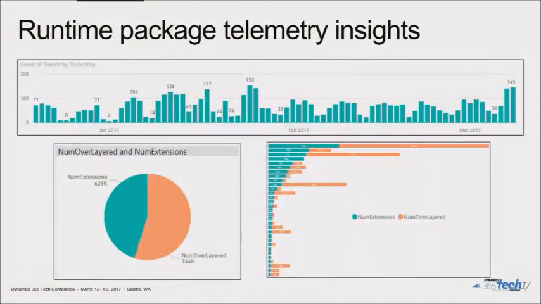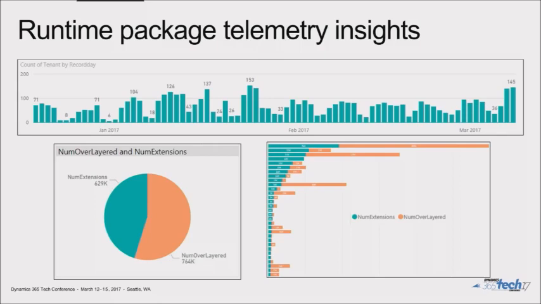Okay, so I'm just going to give you one more piece of data to talk about, and this is the runtime package telemetry insights. So I'm changing the data source. This again is information that's pulled out of the packages as they're deployed through LCS. There's a fair amount of duplication in this data, meaning that a given organization, given deployment, could deploy 20, 30 times because they're deploying every day to some different environments and things like that. So it's not so important to look at the total counts with this data,